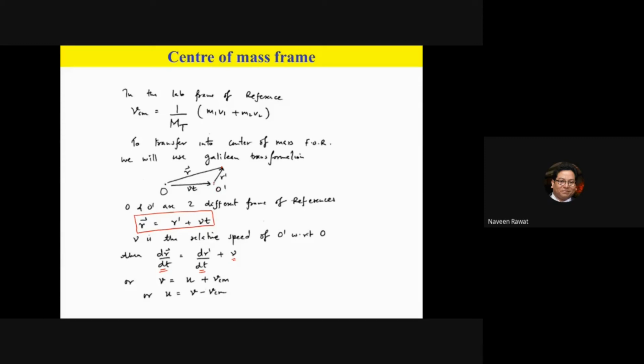Now both of them are trying to find the location of a building, for example, somewhere, from their own frames of reference. Each of them will give their own measurement of where this building is located. It's the same kind of idea that is happening here. The point O is one frame of reference. This point O prime is another frame of reference. Both are measuring the position of an object here. O is measuring the value r, and O prime, the new frame of reference, is measuring r prime.